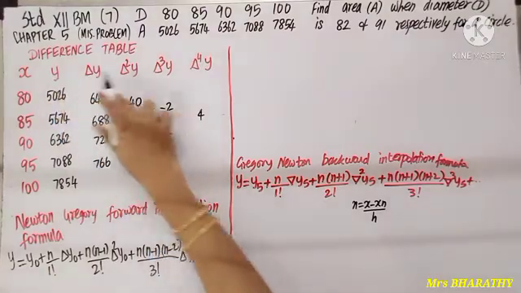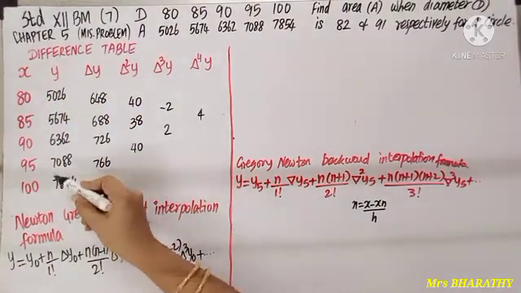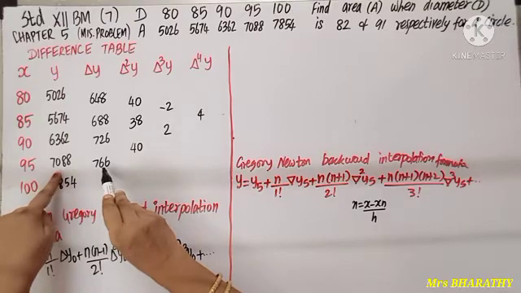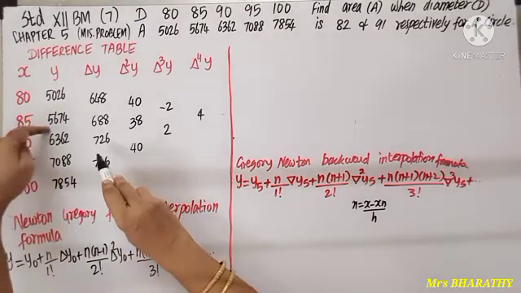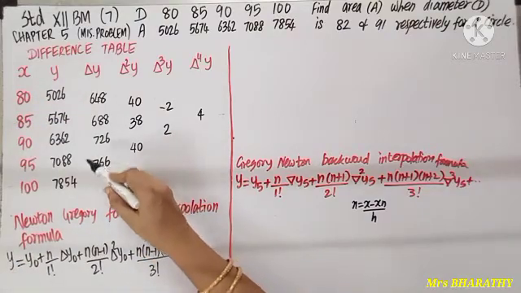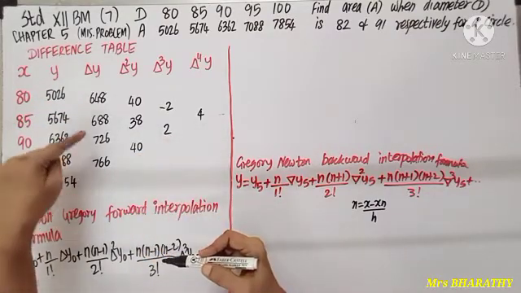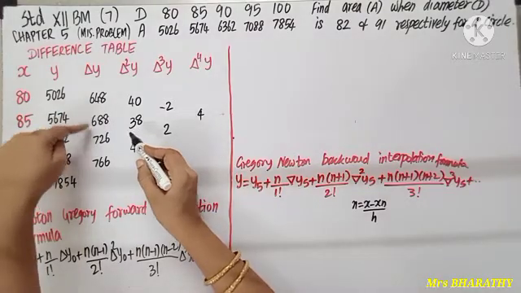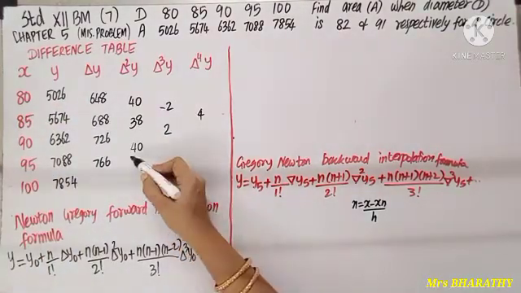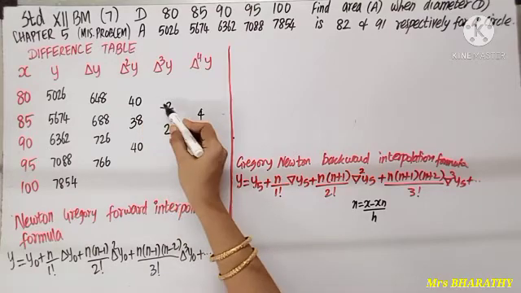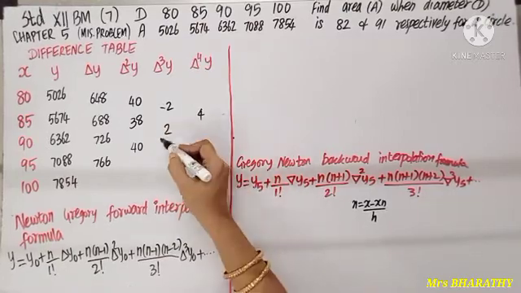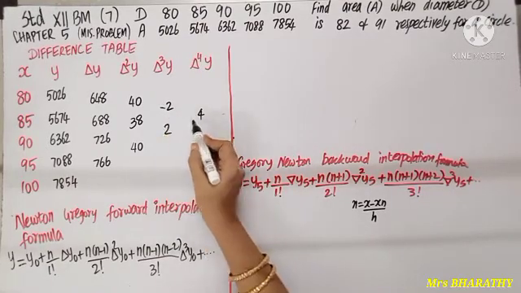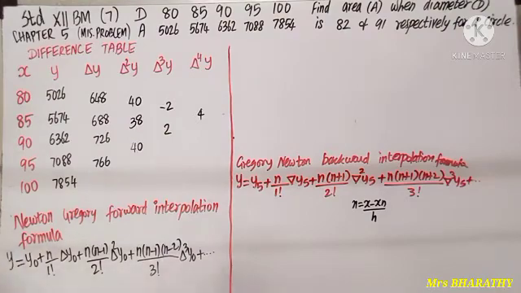As we create the difference table, 7854 minus 7088, 7088 minus 6362, as I keep on subtracting. 766 minus 726, 726 minus 688, 688 minus 648. 40 minus 38, 38 minus 40. Let us be careful with the plus or minus symbol. 2 minus of minus 2 is plus 4. As we have completed the table, let us highlight